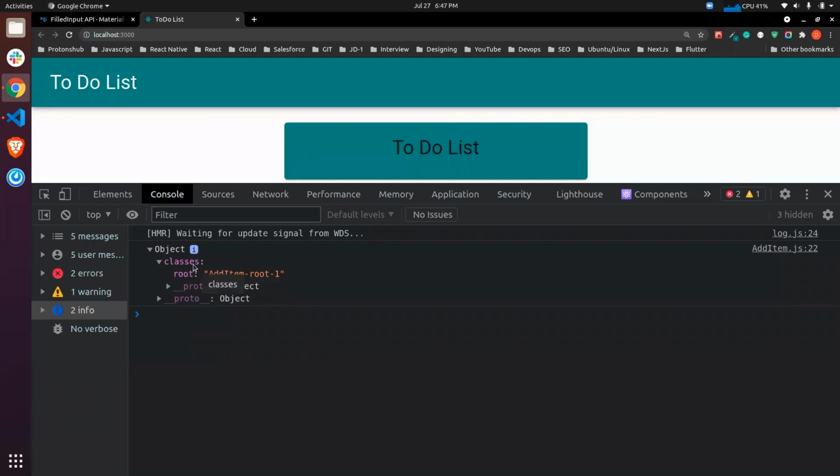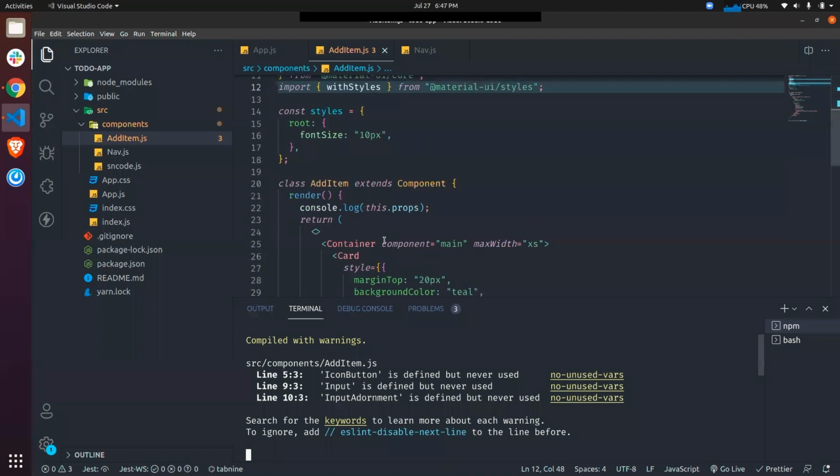So we are getting classes, so let's destructure it. Destructuring is cherry picking the keys from any object. It helps us remove the hectic code. If you want to use the classes, what we have to write here is this.props.classes.root, right, to apply any class here. But if you don't want to write all that, you can skip everything like this.